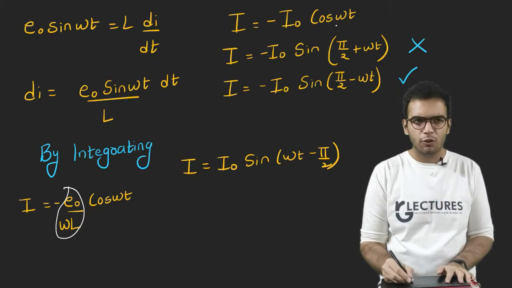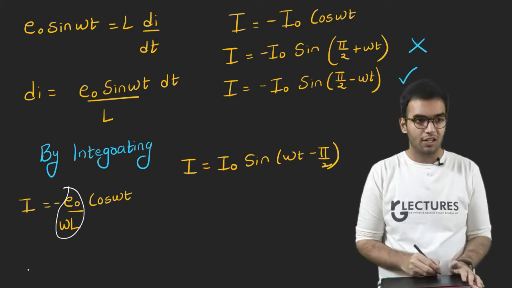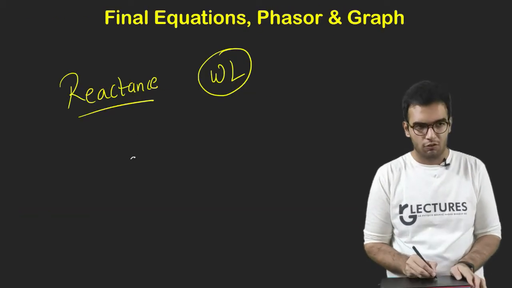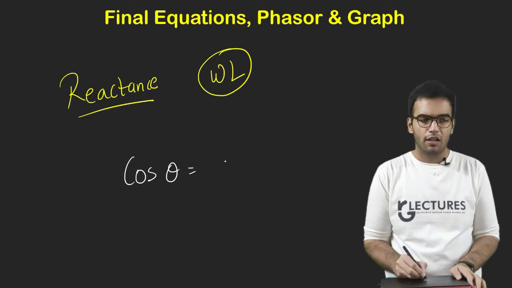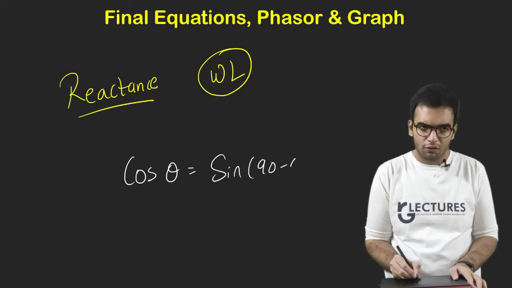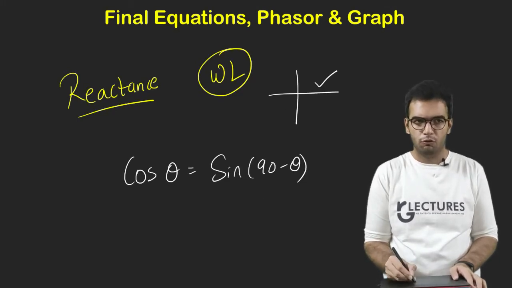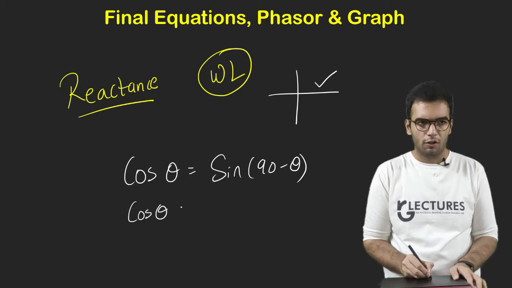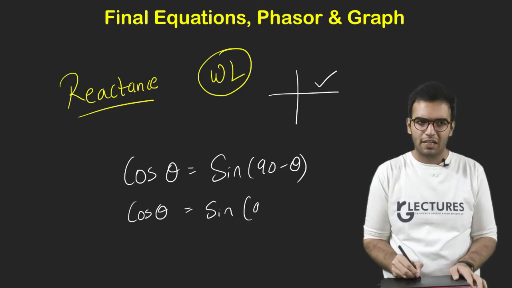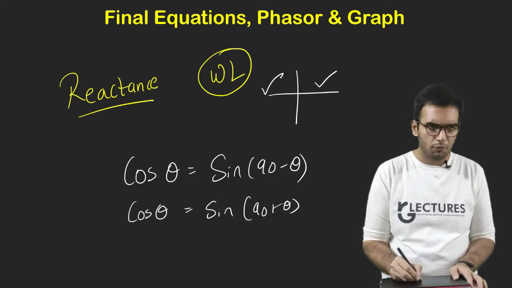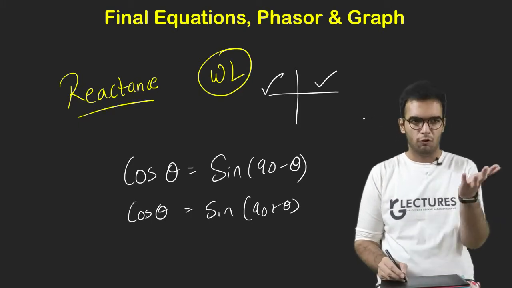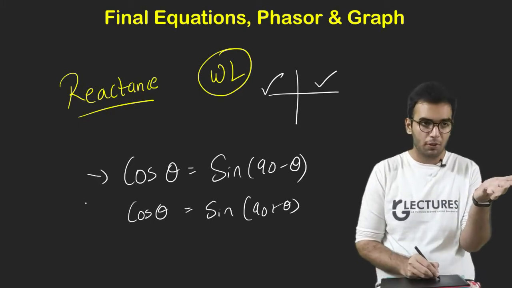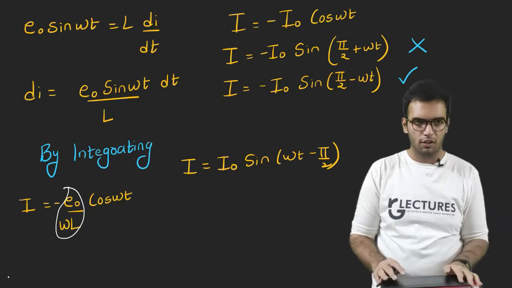So basically I need to convert cos into sine here. Now there are two ways. Cos of theta is equal to the sine of 90 minus theta, also in the first quadrant, or cos of theta is equal to the sine of 90 plus theta also. In both ways you can do it, right? Because both will give you cos theta only. So which method to choose? Now this is the confusion, right?